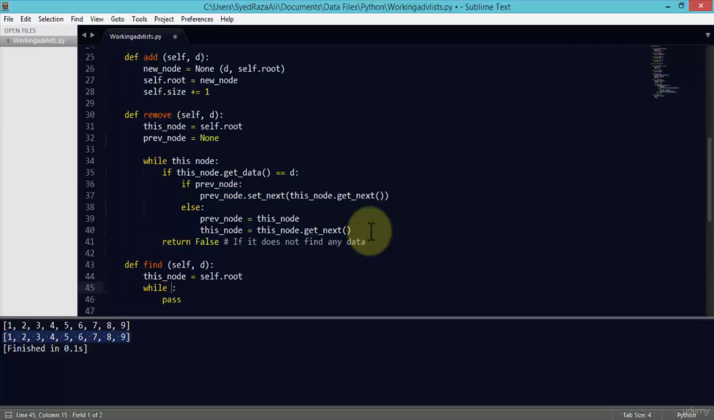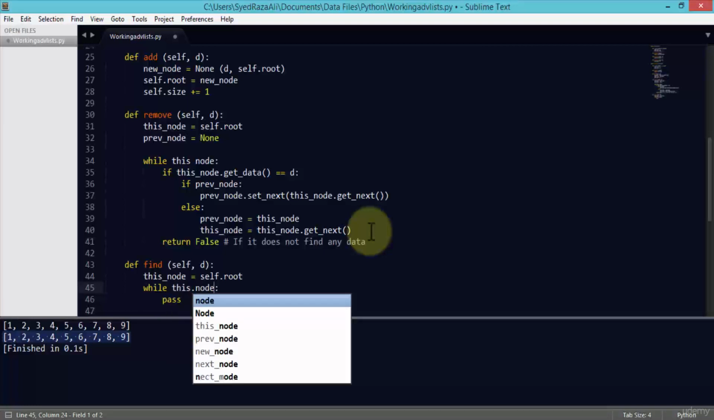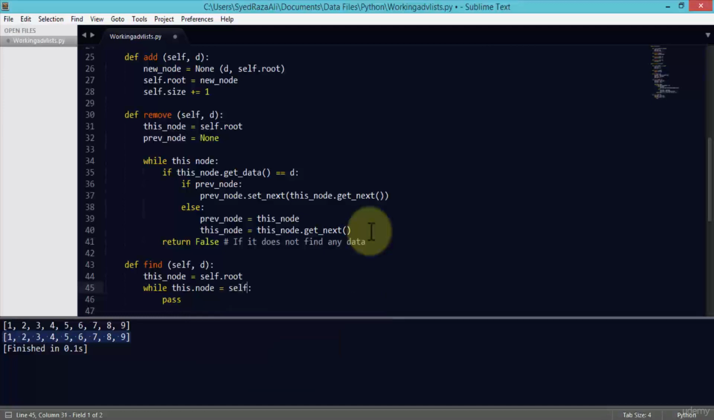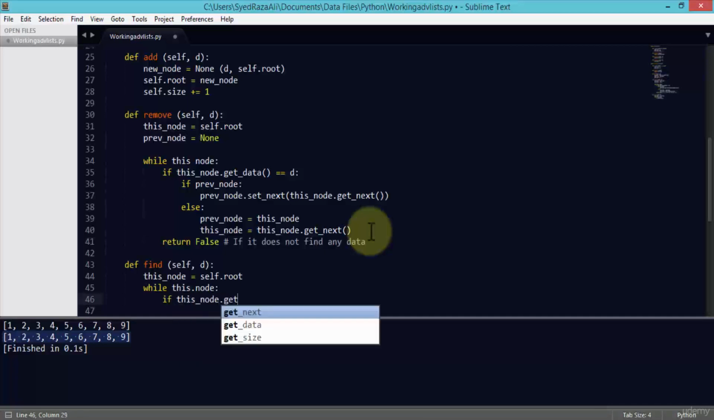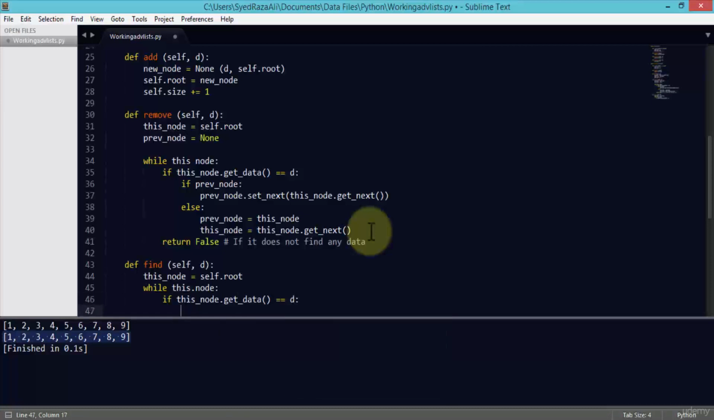So while this node equals self root, well, not at this point, it's not going to equal self node, it's just going to loop. So while this node, and I'm going to pass this argument, instead of pass I'm going to say if this node dot get data equals d,